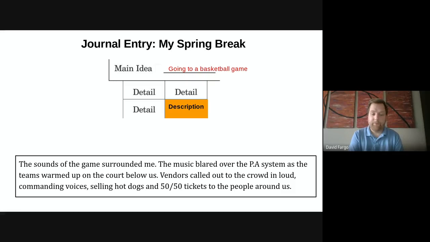The sounds of the game surrounded me. The music blared over the PA system as the teams warmed up on the court below us. Vendors called out to the crowd in loud, commanding voices, selling hot dogs and 50-50 tickets to the people around